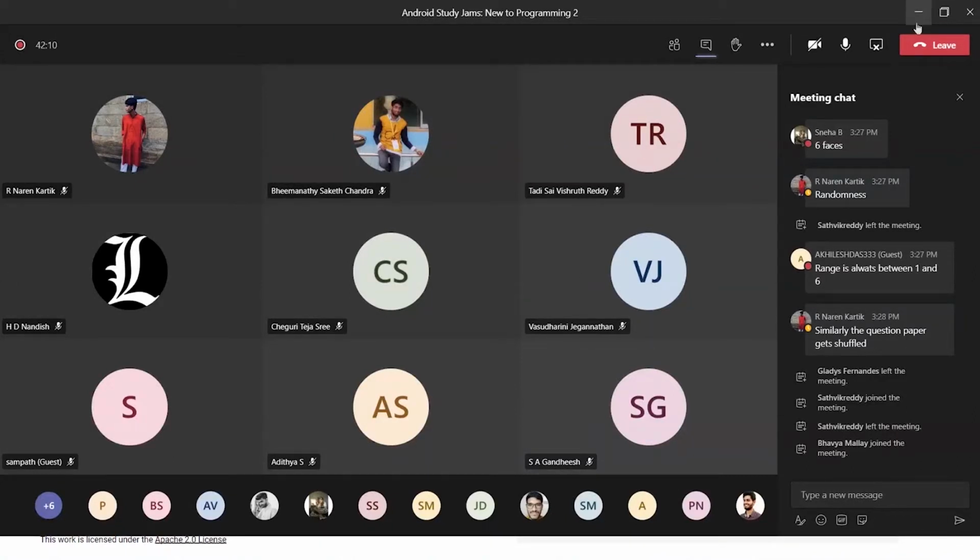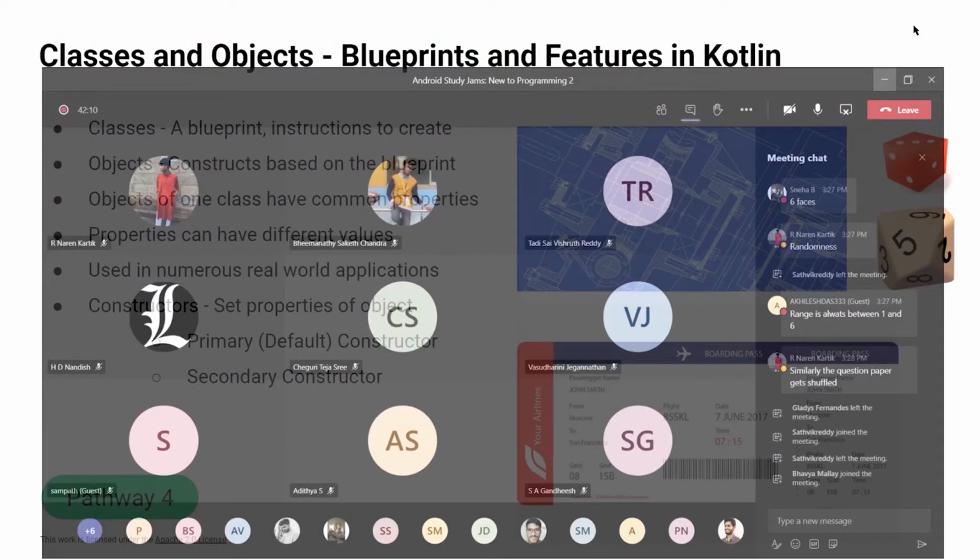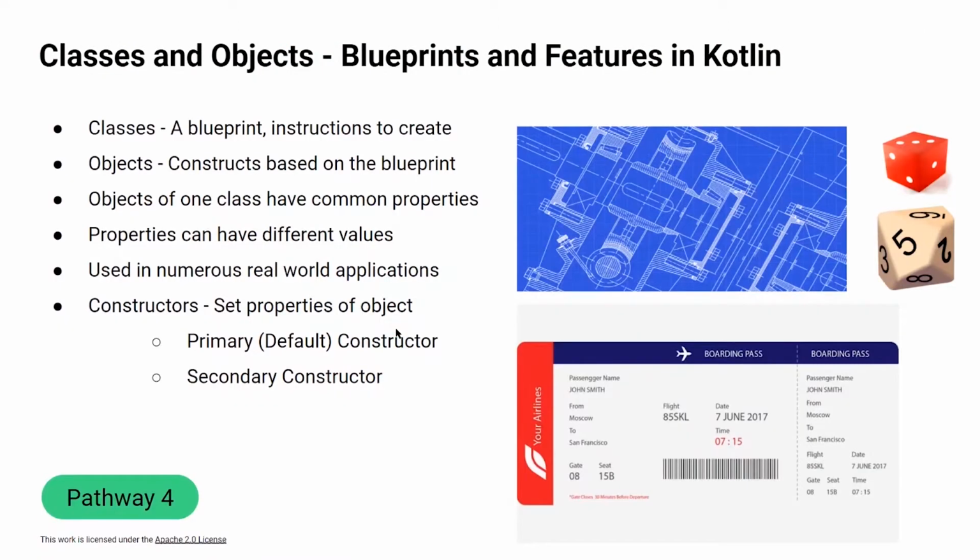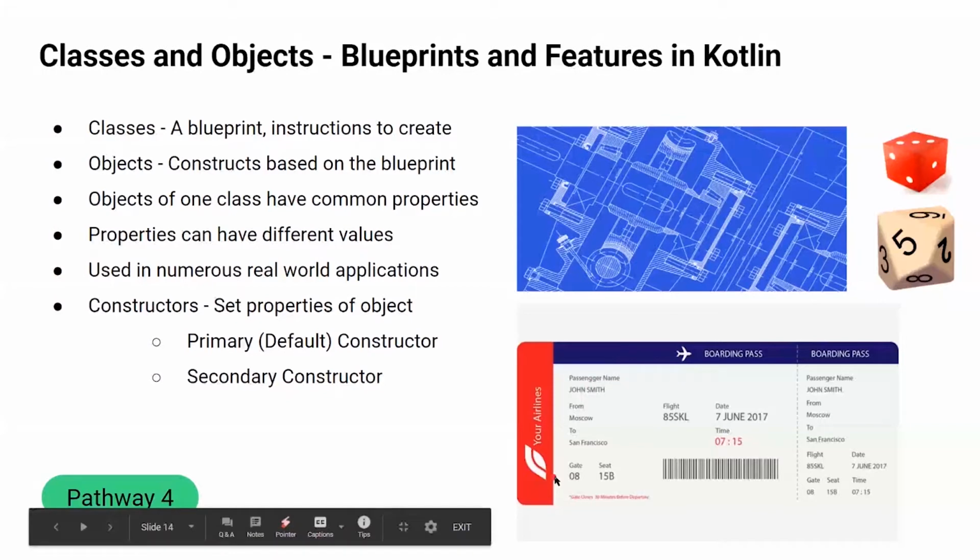Okay, so a few examples would be a user on any social media, a laptop, a plane ticket, like in the given image here. Every plane ticket has passenger name, from, to, gate, seat, flight number, and date and time. This is common for all tickets or boarding passes, and for each person, these property field values would change. So if I had one, it would be Sunil from Hyderabad to Bangalore, gate 615, seat 15C, so on and so forth. And even a dial, like I mentioned.